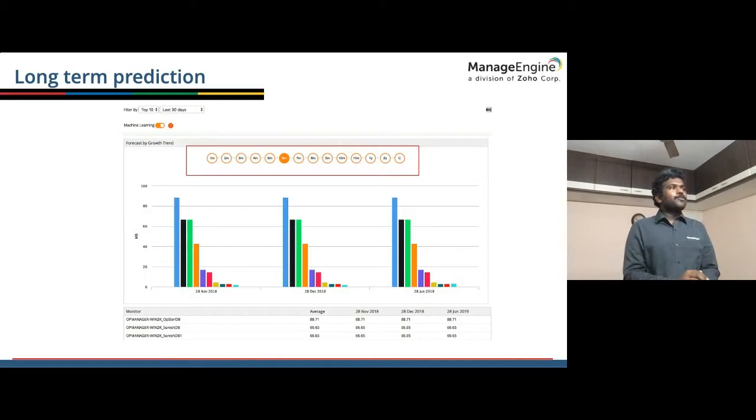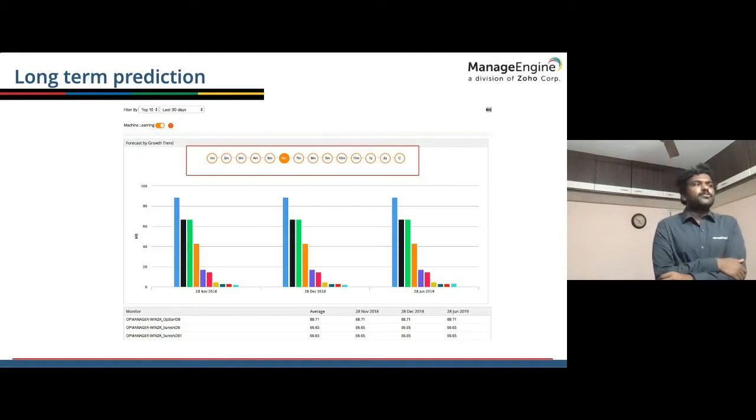Now, here is a dashboard you see, again from AppManager, which is an on-premise monitoring suite, where we are looking at the growth trend. And so think about it. You can actually forecast the number of servers you need. You can forecast your visitors and say, okay, for 100 visitors, I need a dedicated web server. I need one more machine added to my database cluster, and so on.